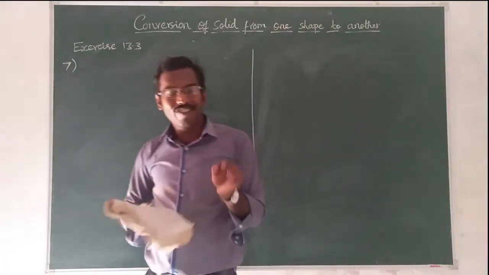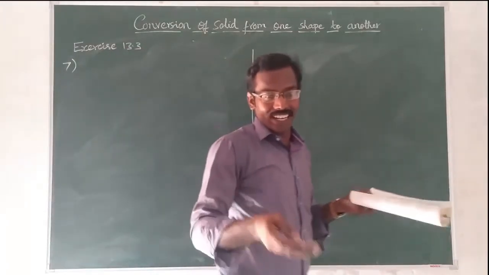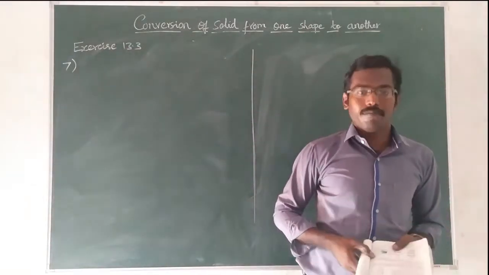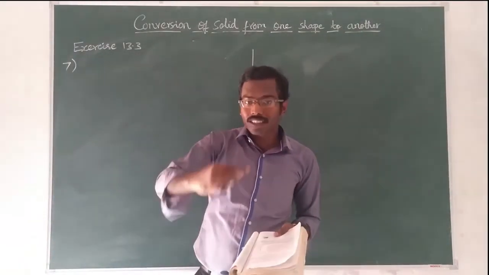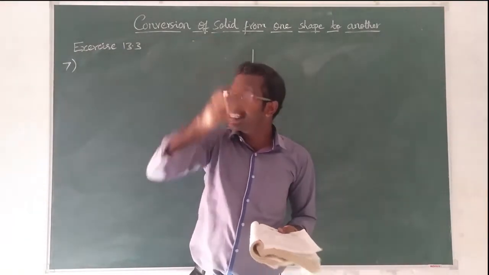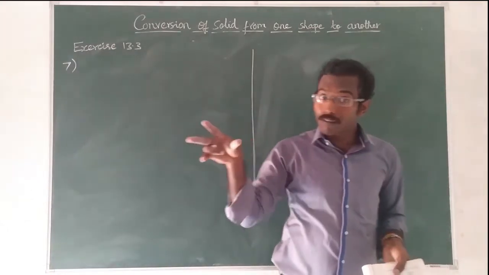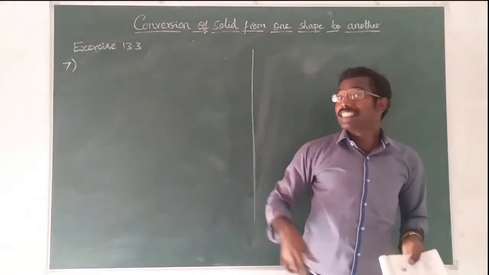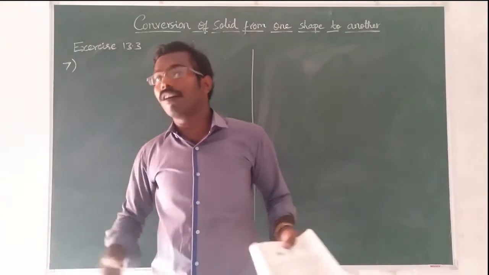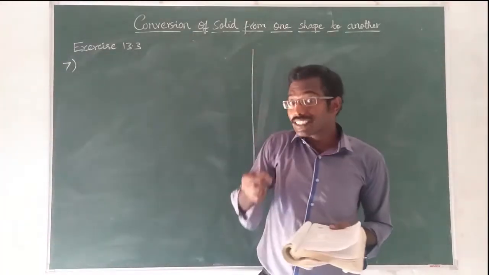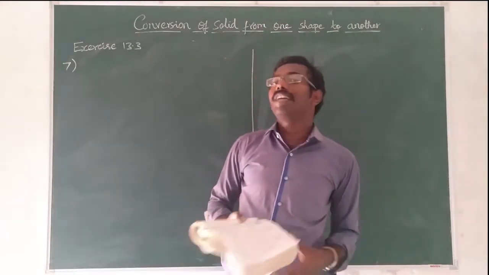This question is a little different because they ask the time. Usually they may ask the radius, height or anything, but here they ask the time. So look at the question carefully. First, the farmer connects a pipe. What is the shape of a pipe? Pipe is a cylinder, yes or no? The water flows inside the pipe fully. Therefore, you consider the pipe as a cylinder. That is, the volume of the water will be equal to the volume of the pipe, which is the volume of the cylinder. Because the pipe thickness is not given, simply take the volume of the pipe equal to volume of the cylinder.